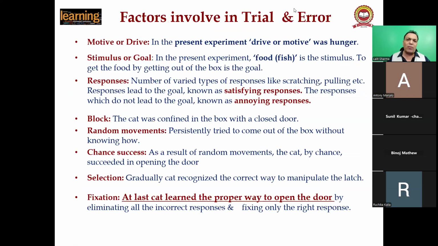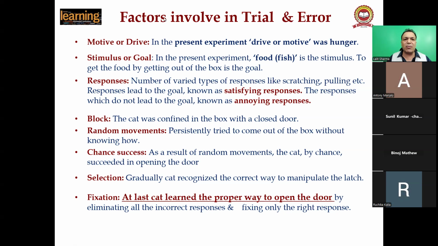What are the factors involved in trial and error? There should be a motive. Guys, we have to learn from this experiment how the learning takes place. Naturally, a student will make some mistakes. Then again they will do the same thing. They will make mistakes again. But the time will come when they will do different trials. So ultimately, they will get trained, according to Thorndike.